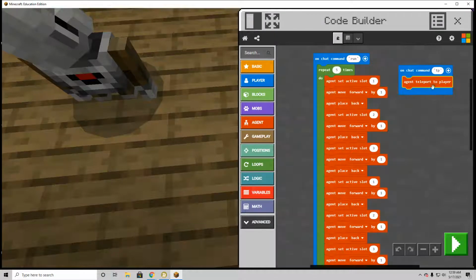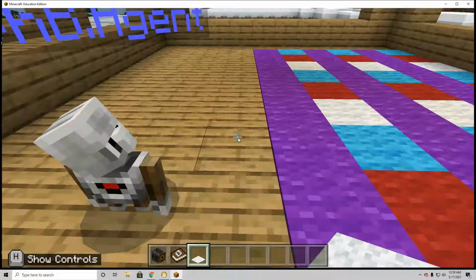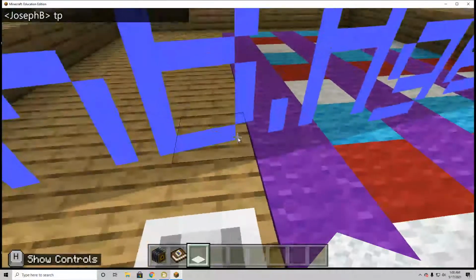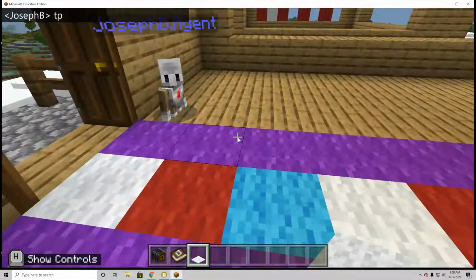All right, and that's the big idea. Actually, I don't even know if I want to keep showing this whole video. Basically, what I'm going to do is have the agent teleport back to me. TP. Make sure the guy's facing the right way and everything. I think that it is. And then I'm going to be able to